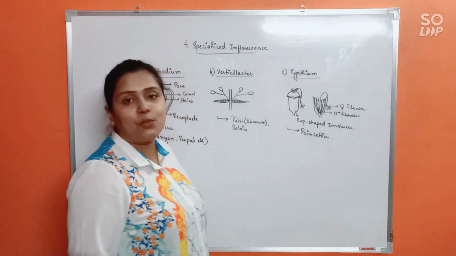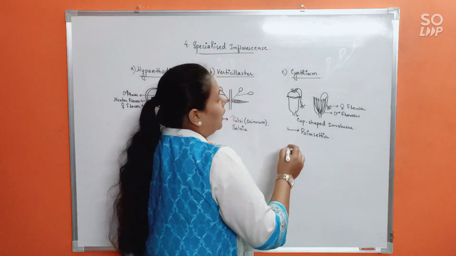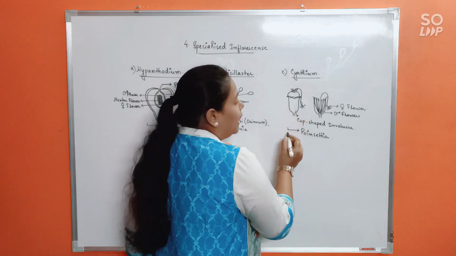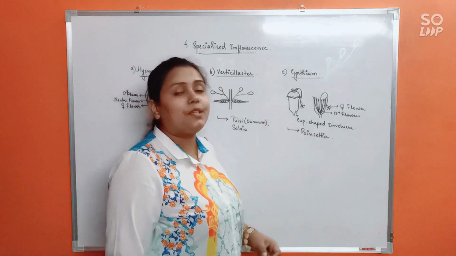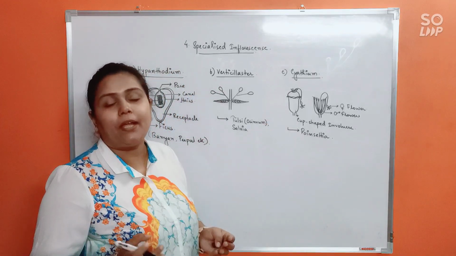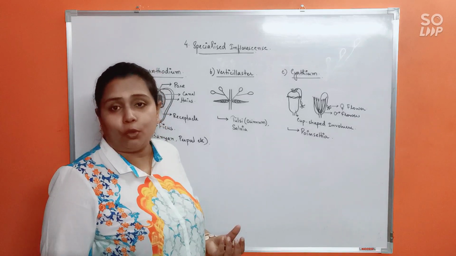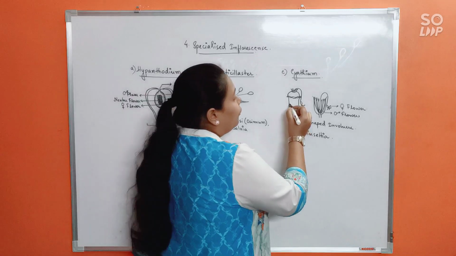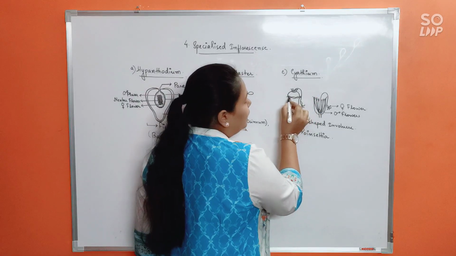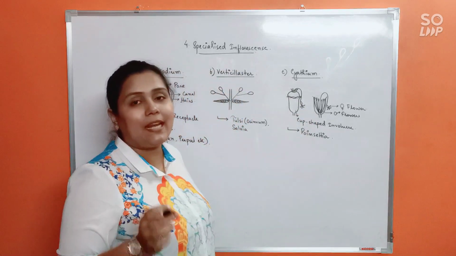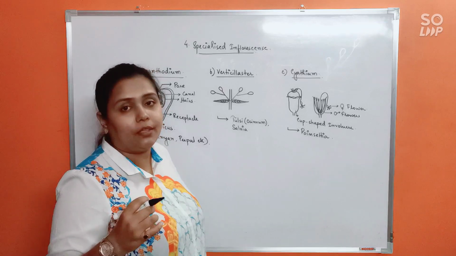Finally, we move to the last one, that is Cyathium. Cyathium inflorescence means inflorescence which is marked by a cup-shaped involucre. So here the inflorescence entirely will remain covered by a cup-shaped whorl of bracts that is going to be called an involucre, isn't it? So now from this involucre you can see these flattened edges, isn't it? These are the nectariferous glands. These are glands which will secrete nectar, that will produce nectar, alright.